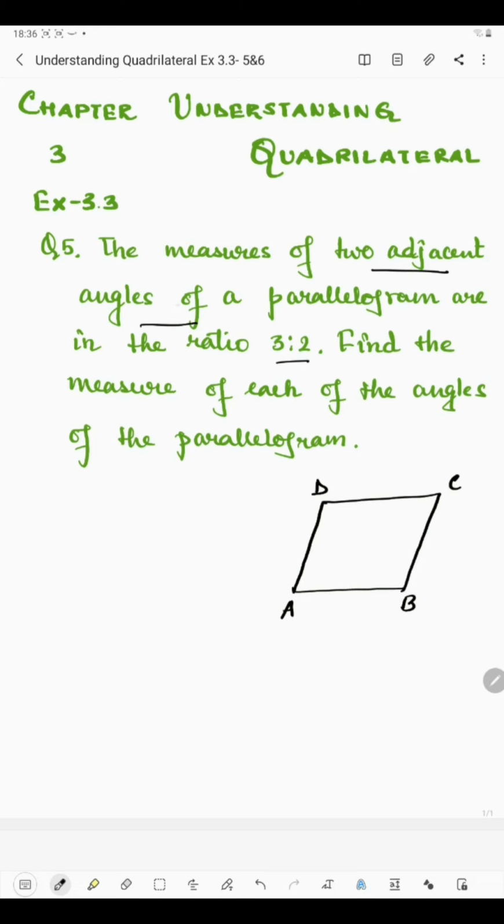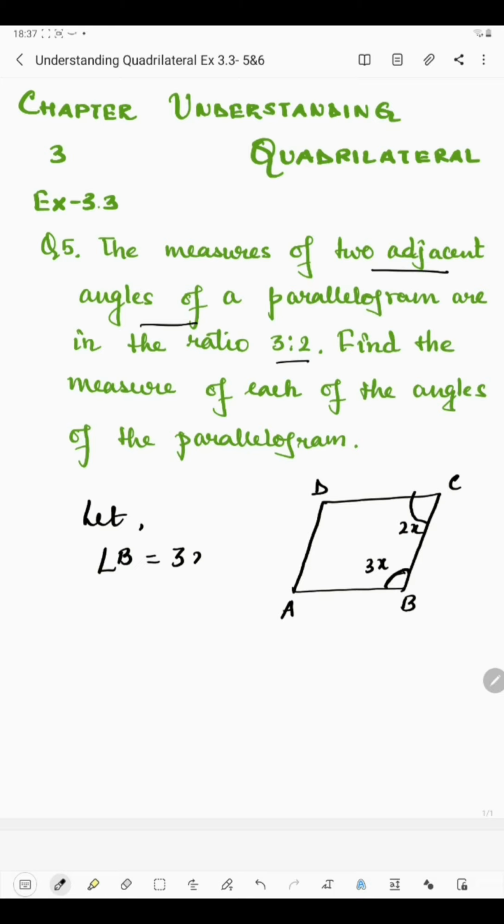Now the two adjacent angles of a parallelogram are in the ratio 3:2. Whenever a ratio is given, we consider it as a multiple of x. So let us consider this angle to be 3x and this angle to be 2x, because this angle is obtuse, that's why we have taken 3x, and this is acute, so we have taken 2x here. So we will write, let angle B is equal to 3x and angle C is